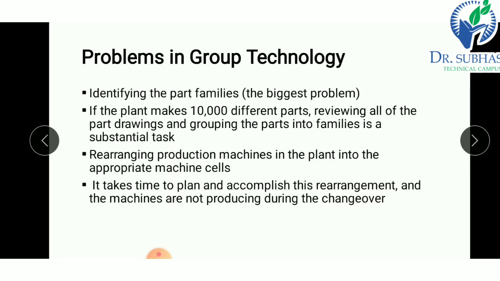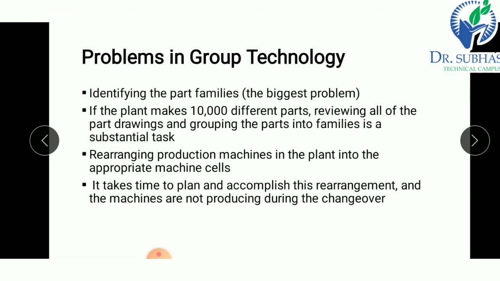Next is the production flow analysis system. Production flow analysis uses the route sheet to form parts into groups, and this route sheet contains the sequence of operations in a manufacturing plant.